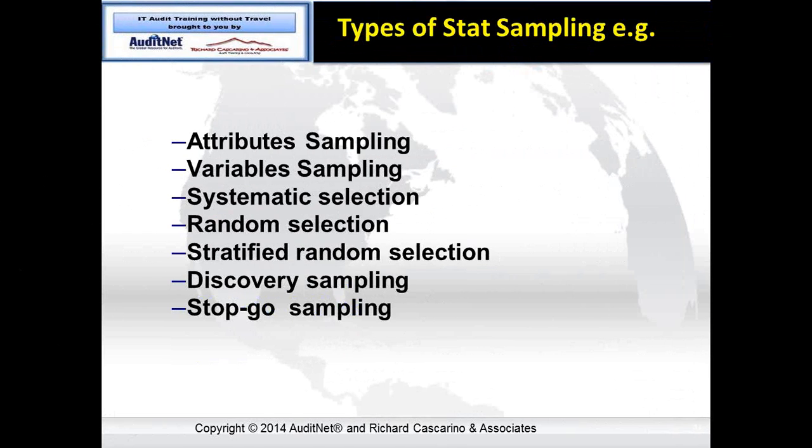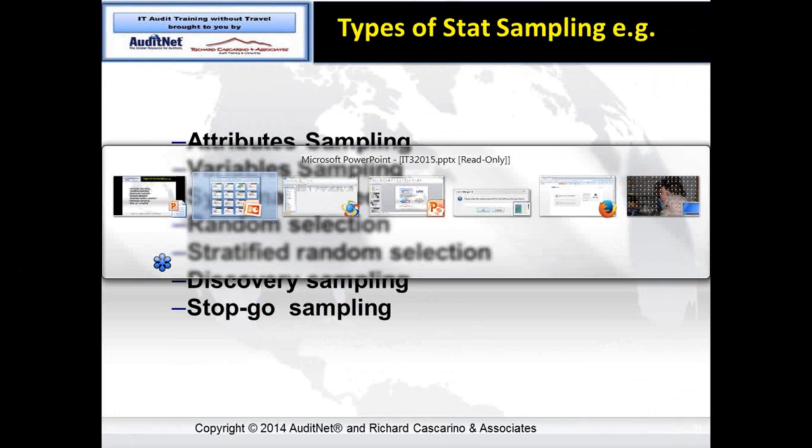Types of stat sampling, and again, these are standard within the audit packages: attribute sampling, variable sampling, systematic selection, random selection, stratified random selection, discovery sampling, stop and go sampling. All of these are possible, and if I drop back into my idea,